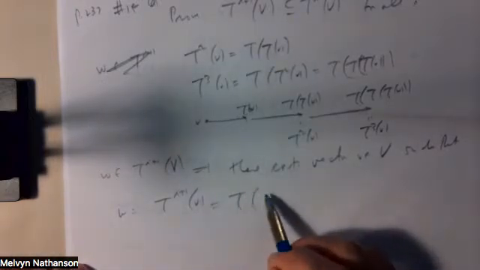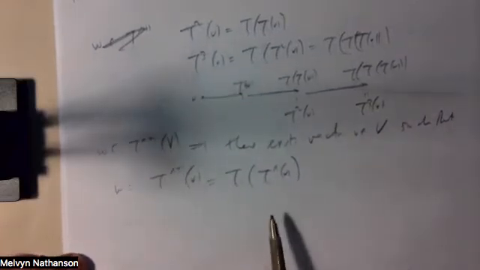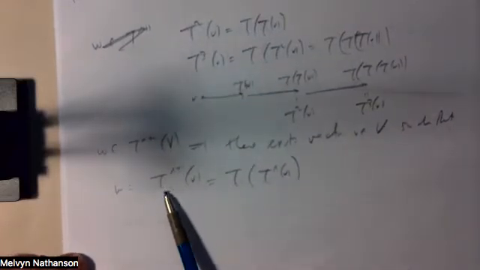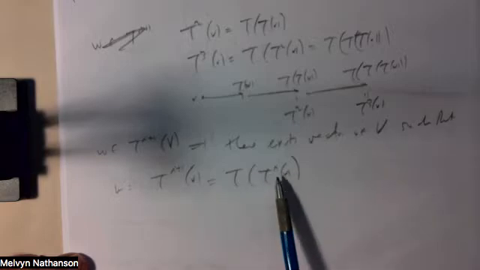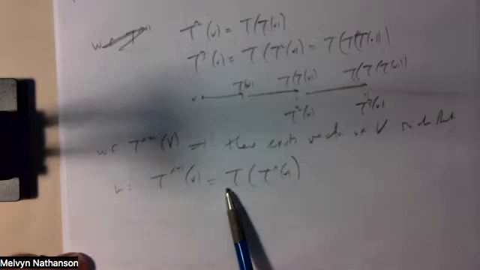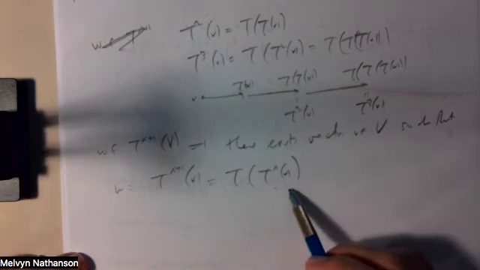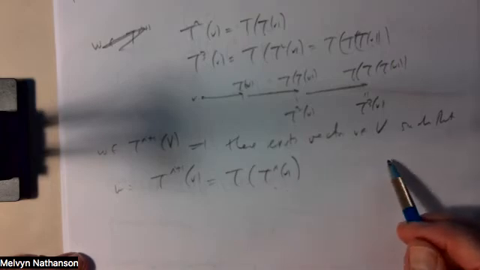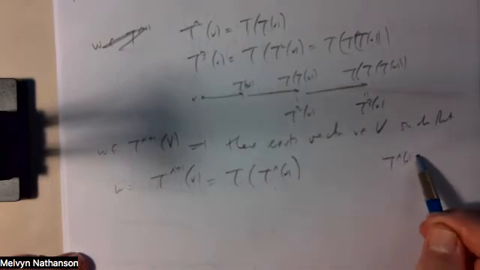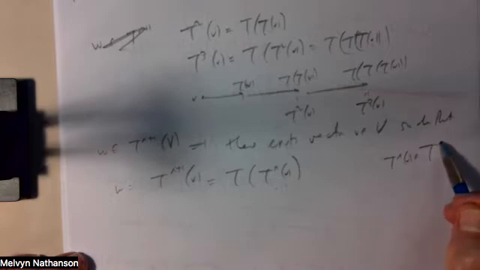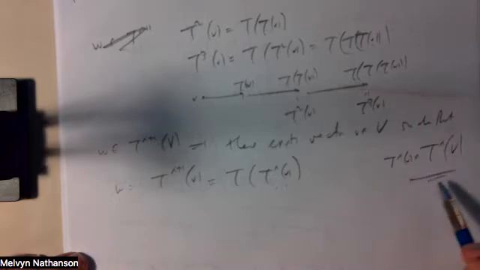This is T applied to T to the i of V. What does it mean to apply an operator i plus 1 times? You apply it i times, and then you apply it 1 more time. But T to the i of V is just some vector in this subspace. So this is contained in